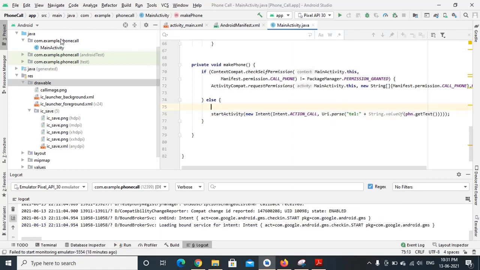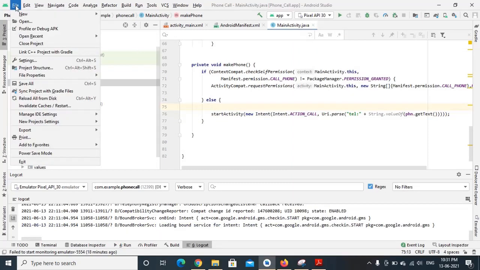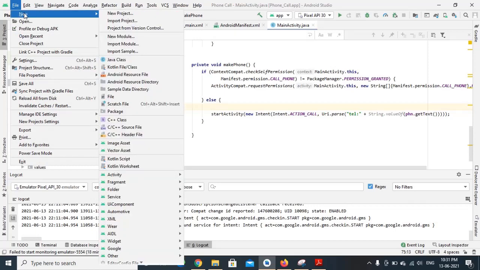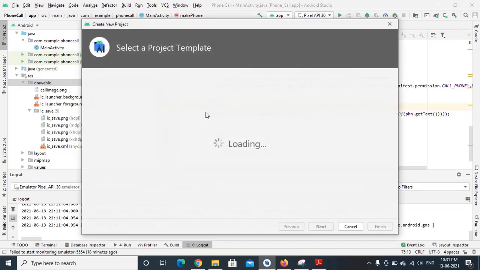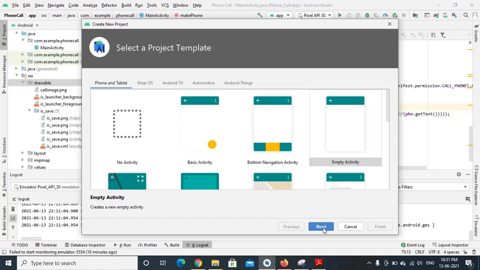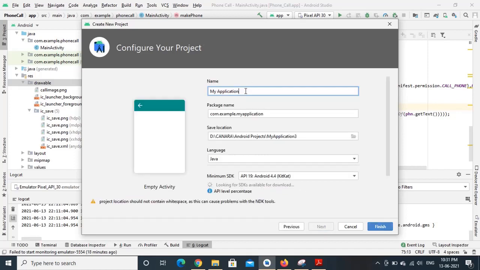To implement this application, we create a new project. Select empty activity. Give the name for the application. Select the location as well as package name, and also select the language and minimum SDK, whatever is required.